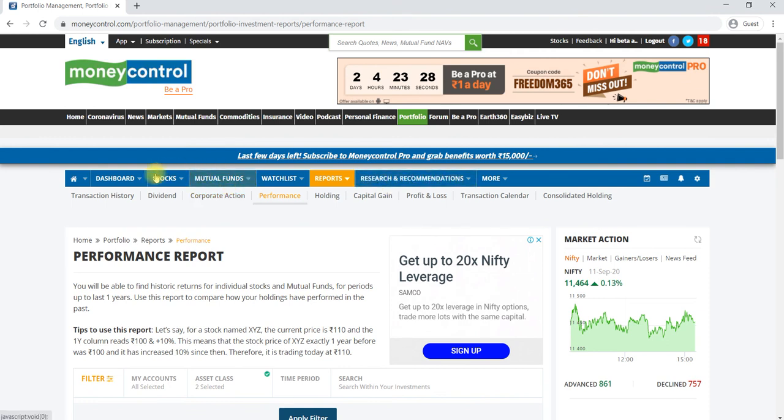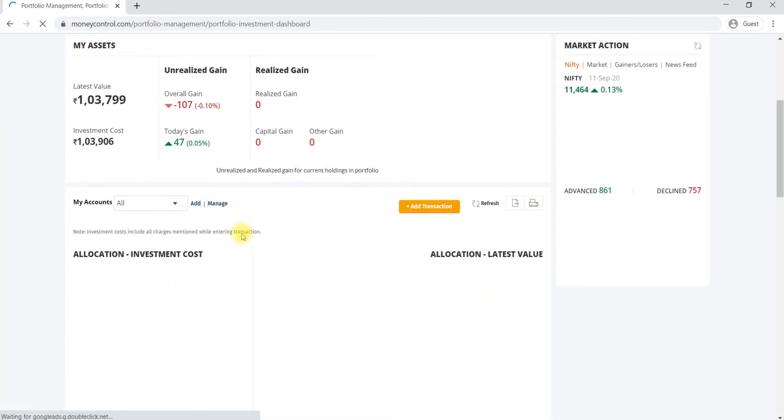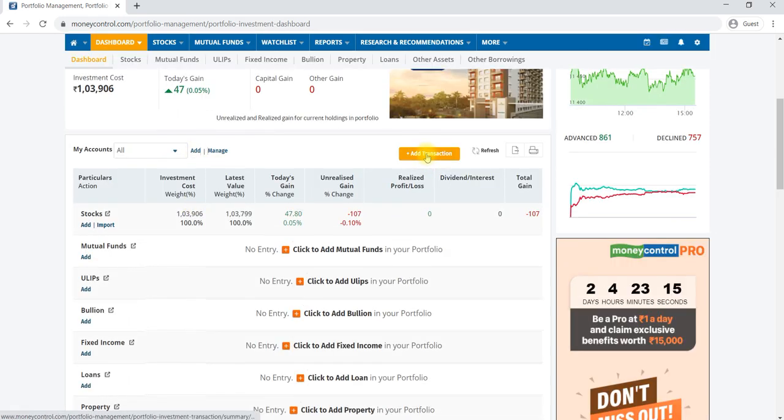So by using Moneycontrol, you can build a portfolio here in the dashboard by adding a portfolio. Add the portfolio, and add all the stocks by using add transactions. Once you have added transactions, you can take a print of those transactions also. You can download also.